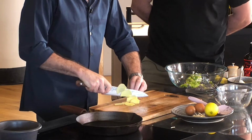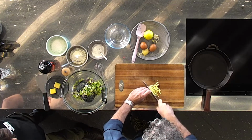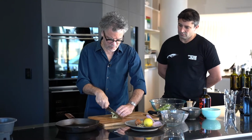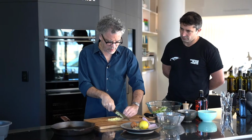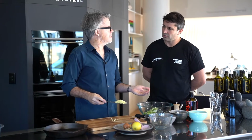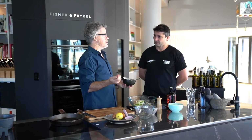You could grate this, and you don't need a lot. Cutting them into what chefs would call a julienne, so they're like little matchsticks. And cut across, and you end up with a dice. Okay. I never had ginger and paua fritters as a kid, but I just think it's quite a nice sort of modern day addition. So I'm going to use some gluten-free flour, but you can just use plain flour, and